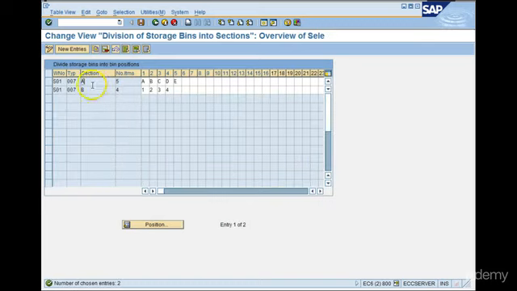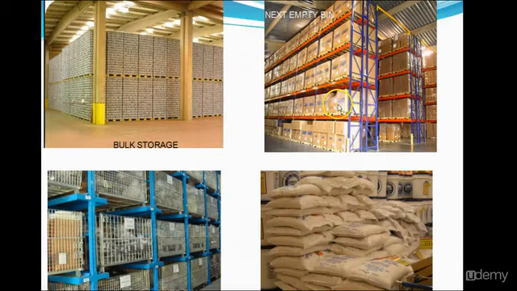So we define the bin sections as A or B. In A, we define how many quants or how many items or how many pallets it is going to accommodate, and we have another section B, and we define how many pallets it is going to accommodate. So section A can accommodate 5. Section B can accommodate 4. So if you remember the picture that we just saw, if we were to use this particular bin for a pallet strategy,